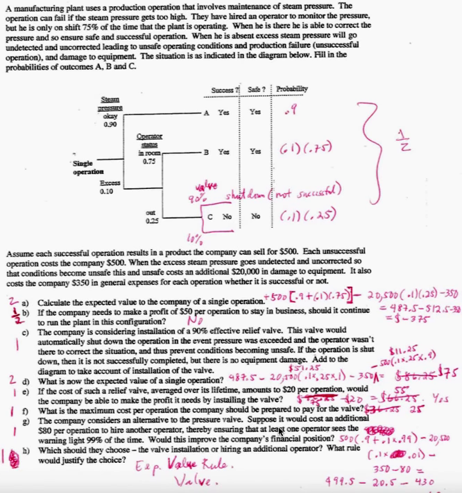In this case, company G, suppose it would cost an additional $80 per operation to hire another operator, thereby ensuring that at least one operator sees the warning light 99% of the time. So instead of 90% of the time, you have 99 here and then 1% there, right? So this would be 500 times 0.9 plus 0.1 if it goes to excess. Sorry, it's still 90 here. And then the idea is it goes to excess 1, and then instead of this one being right here, 75,